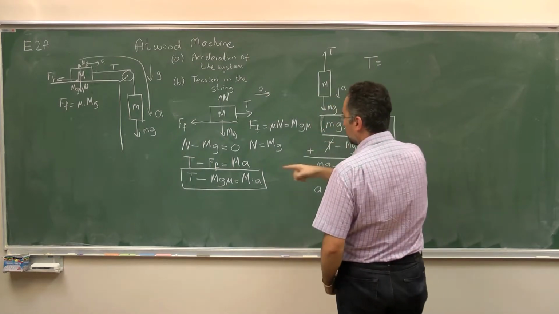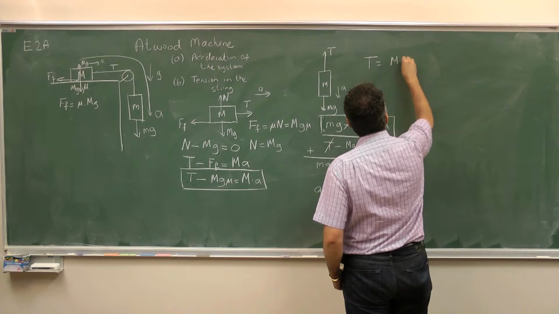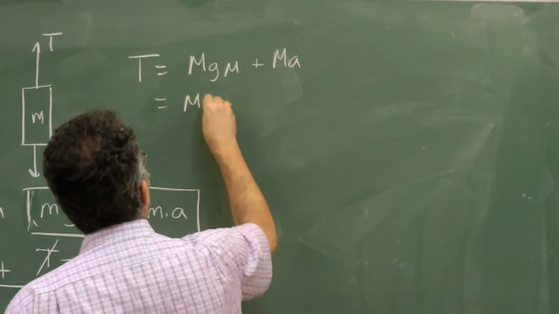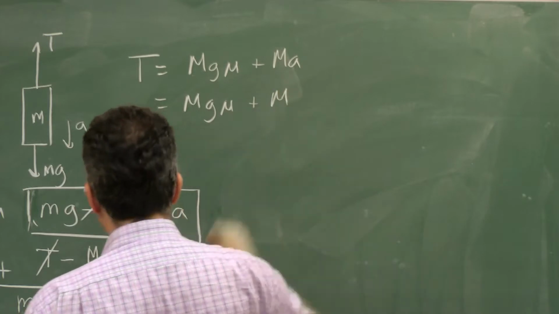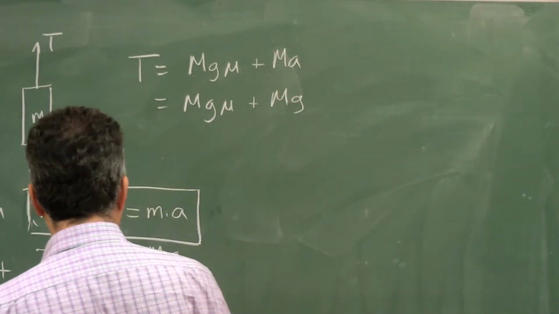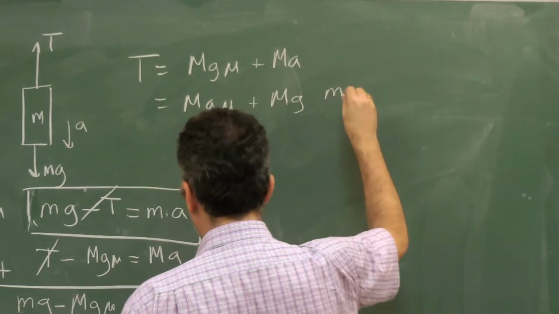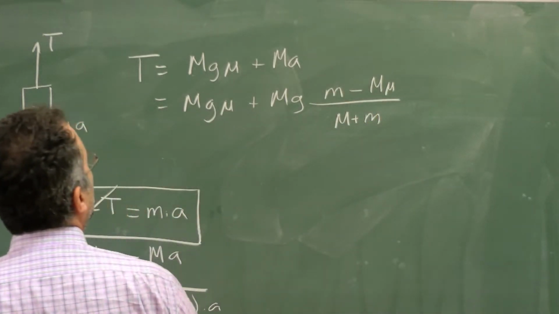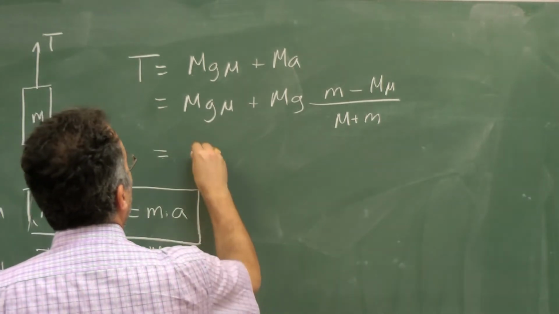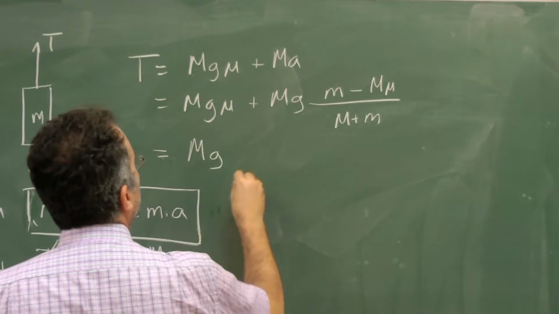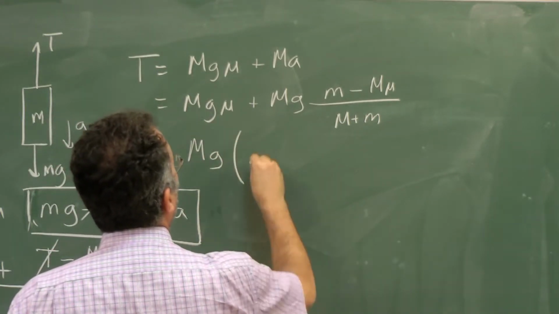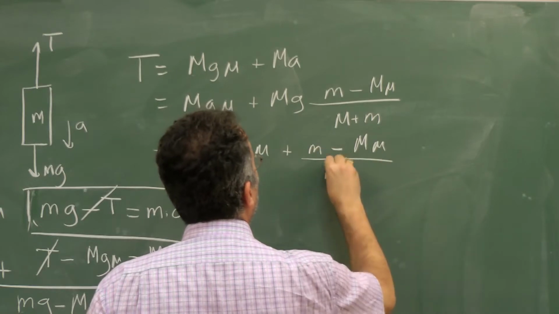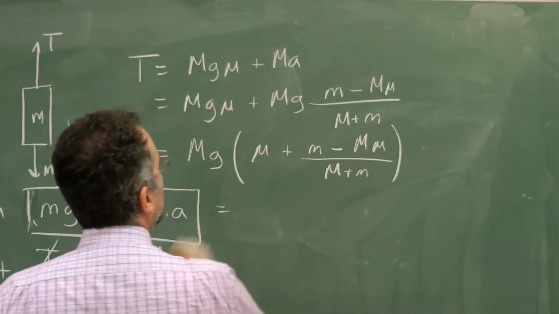According to that equation, T equals mg mu plus capital M times A. So it's just mg mu plus capital M times g again, and then this m minus M mu over m plus M. Okay, so we get in what? mg parentheses, we have mu plus m minus capital M mu over m plus M, which is